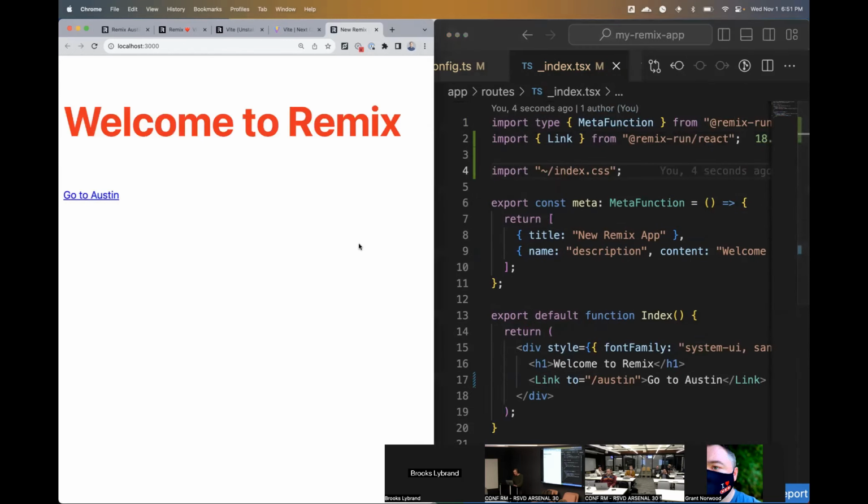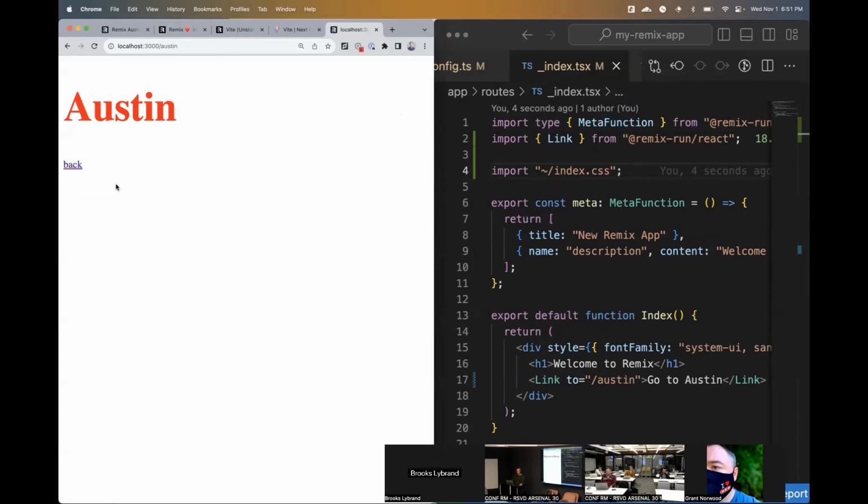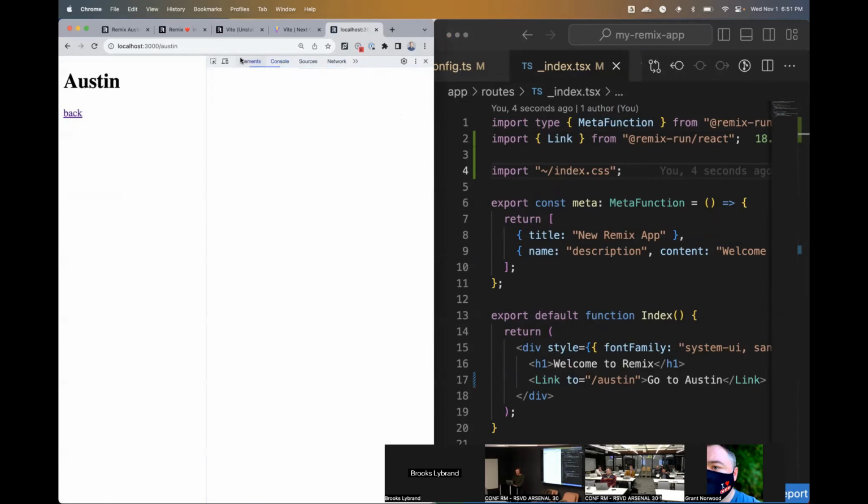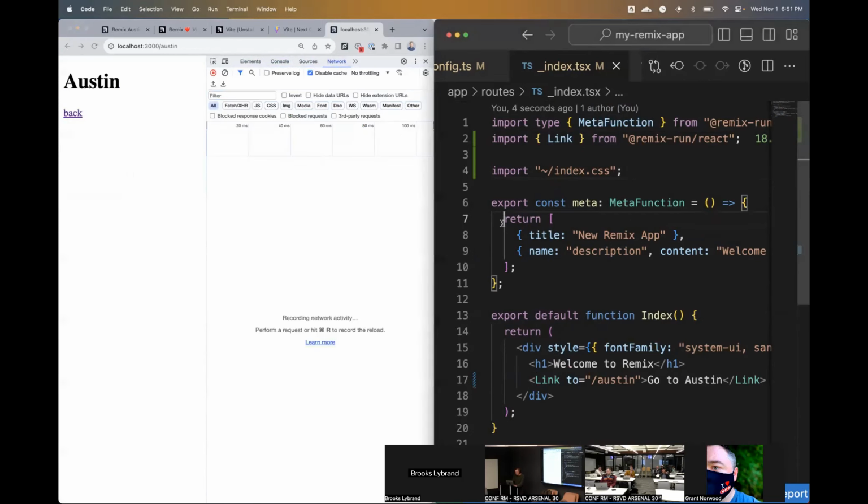CSS go. All right. I will say, this is actually one thing we do know is not 100% perfect. Our CSS imports do sometimes mess up with the HMR. So I did have to give it a hard refresh. So that's for Pedro to fix on the Remix team. All right, so now if we go to Austin, oh shoot, it did work. That's not what I expected. No, I didn't want that. Maybe it's just the HMR. It could be. Yeah, all right, let's try